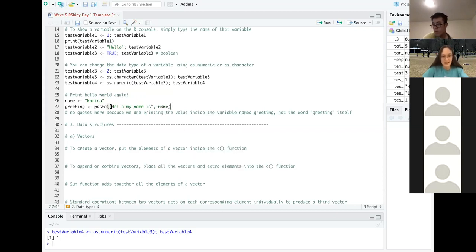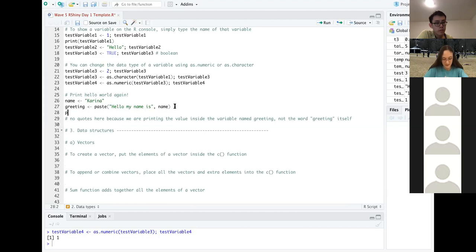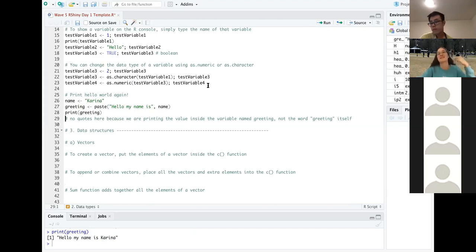This paste function basically puts those strings together and separates them with a space. So if we print the greeting, run all 3 lines, it says, hello, my name is Karina. It just puts those strings together. So that's a nifty thing to note.